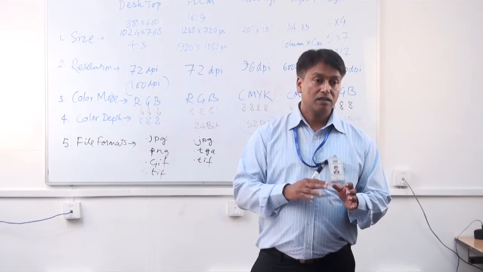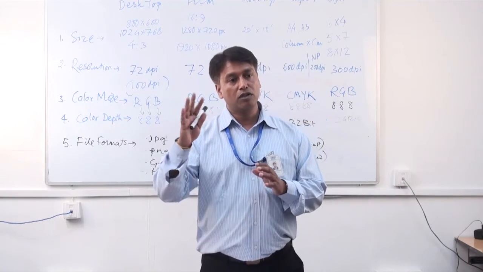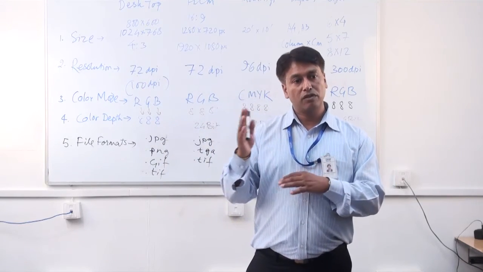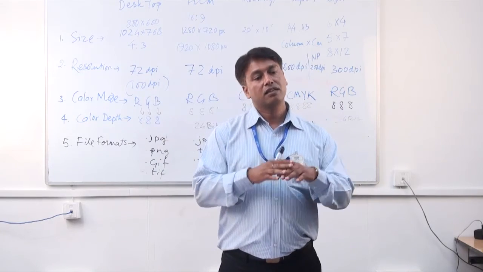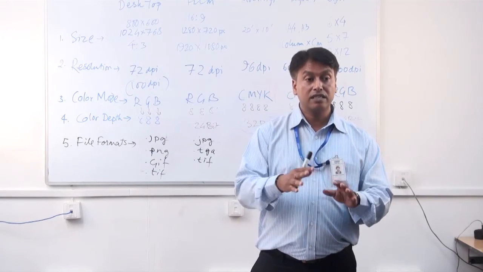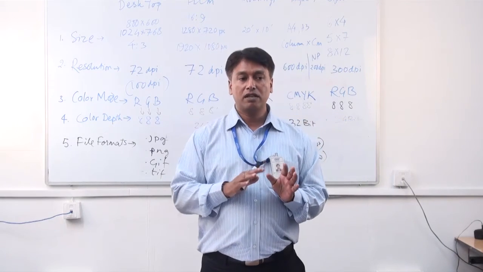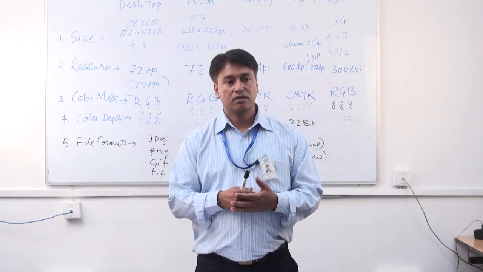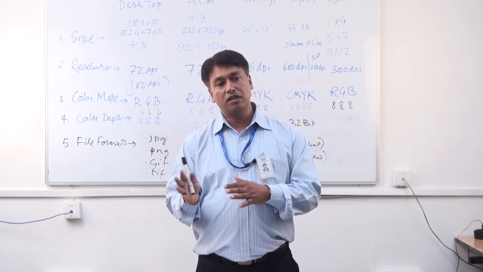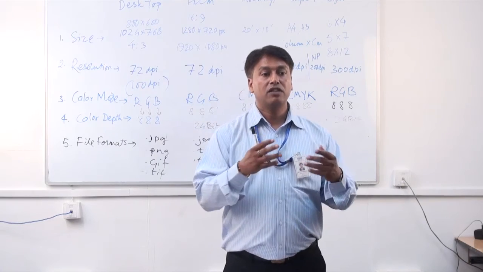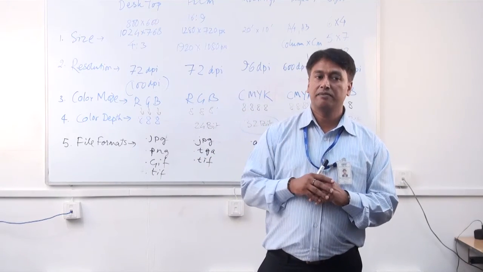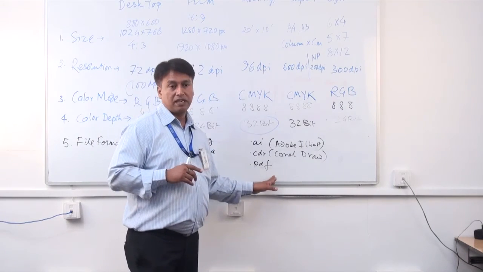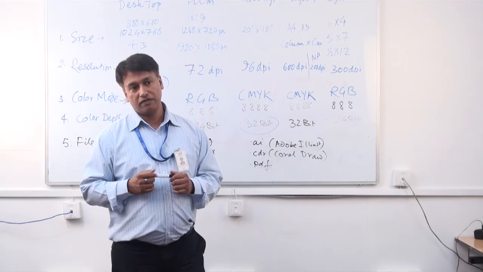So either you export with the fonts, you give those fonts to that printer also, or if you are not sure what is going to happen at that end, the best is to convert all the text into curve format. This feature is available in Corel Draw and Illustrator also. Now it can be printed without that font being present in that machine. So you have to do that, or just print in the PDF form, portable document.